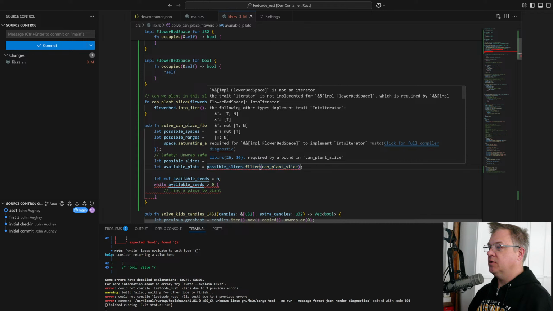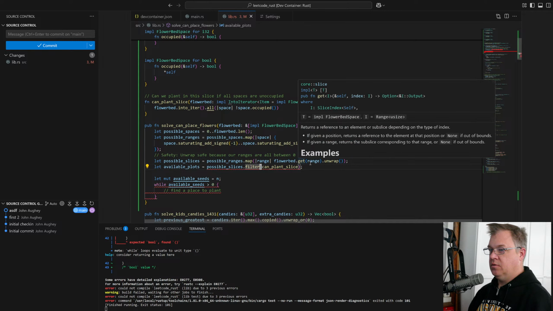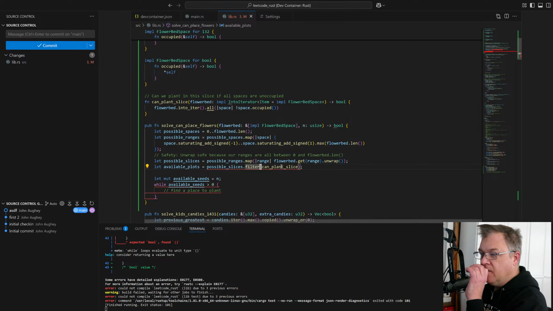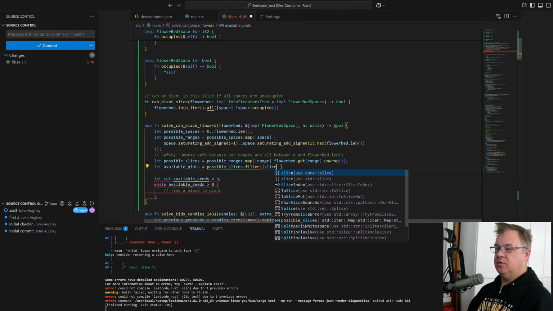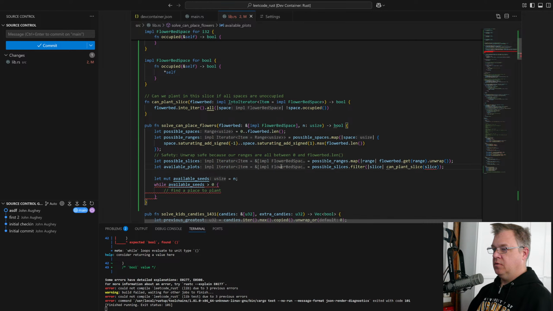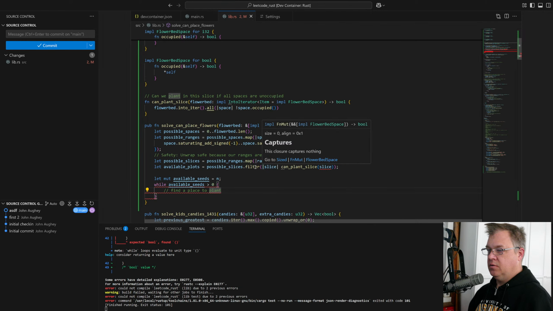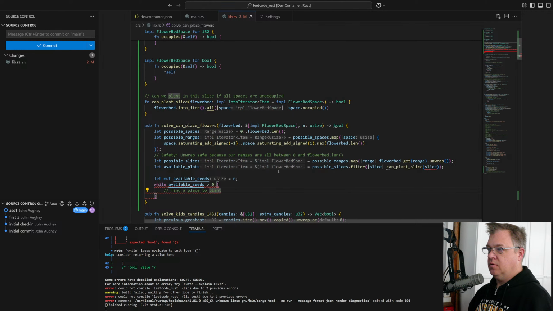Iterator's not implemented for something. What's this? Filter, slice.